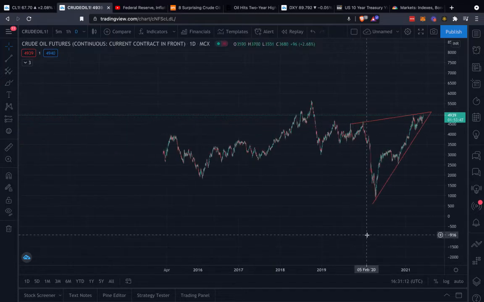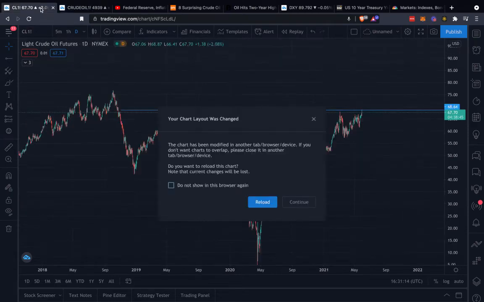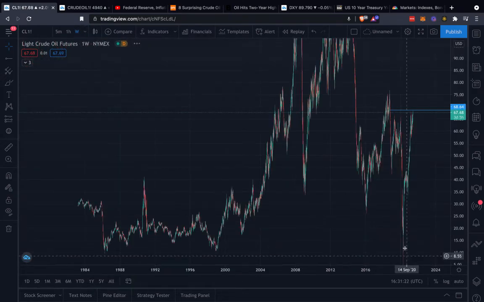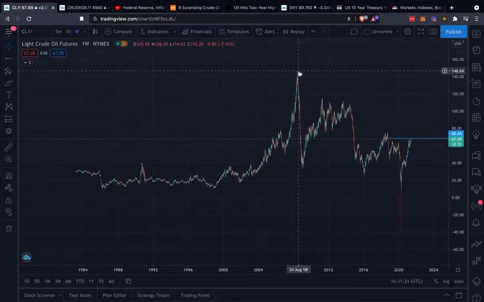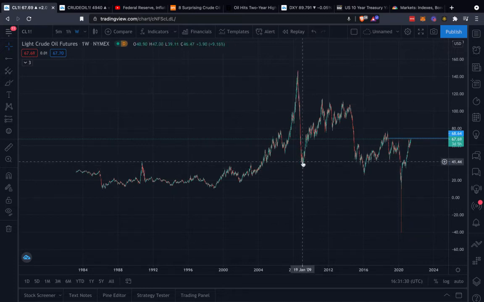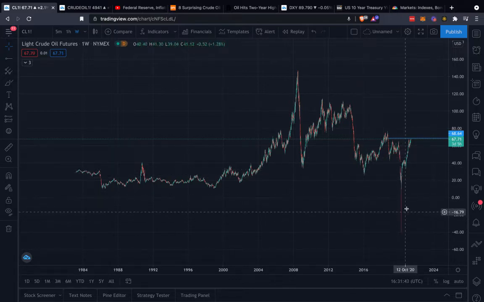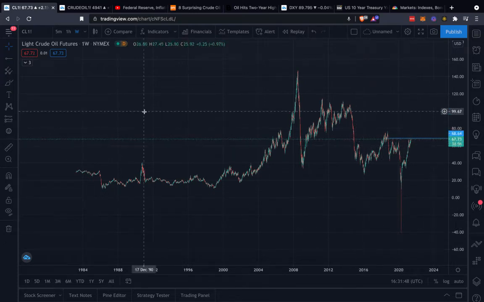Now, obviously, when you zoom all the way out, since we're on the daily time frame, or maybe this is a better chart to zoom all the way out in, and we go to the weekly charts here, we can see that in the macro, I mean, oil, obviously, in 08, we had that massive financial crash happening right here, this massive collapse down to like 38 a barrel. During the pandemic, we obviously had this March, April crash in crude oil. I was able to pick up some commodity producers there, so I'm on the right side of this trade. Luckily, I want to be on the right side of this next trade as well. So keep that in mind.